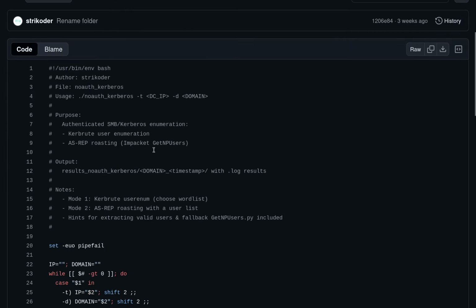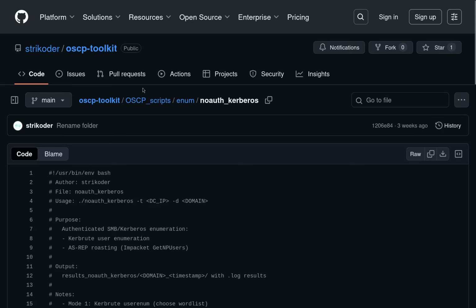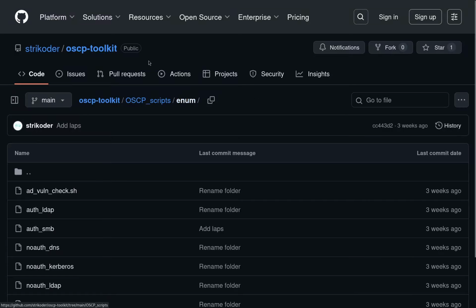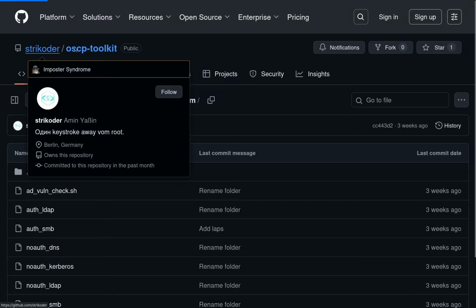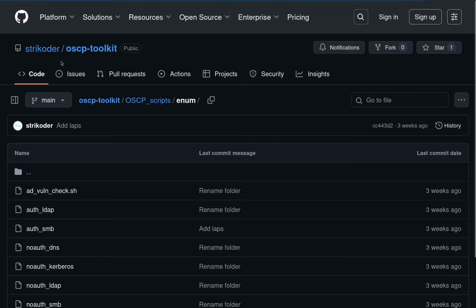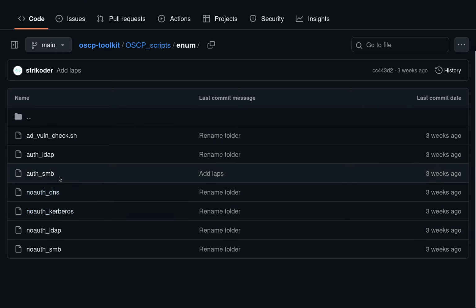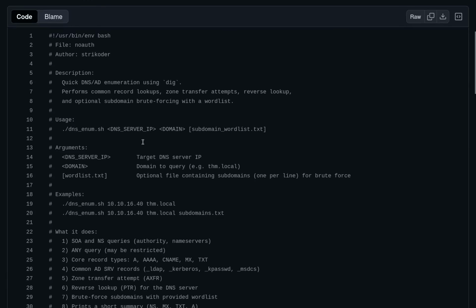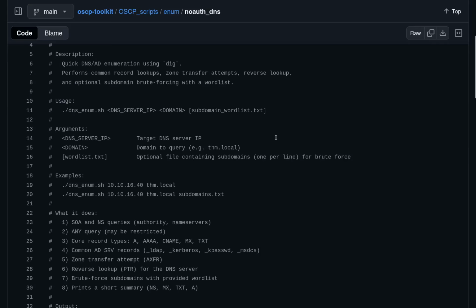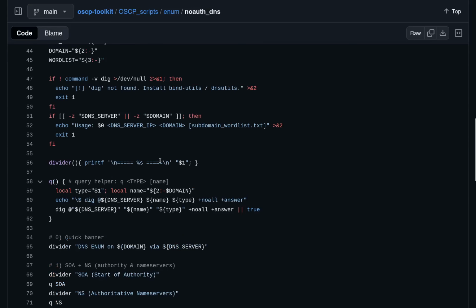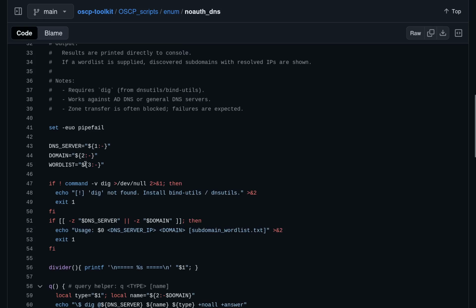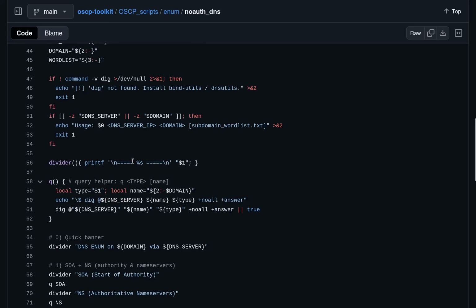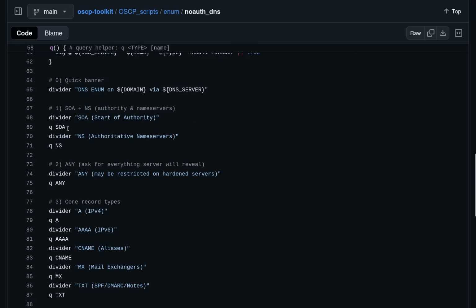So there are several tools to use for DNS. You can check my GitHub. You can go to Strikoder, then OSCP toolkit. Within that, you can check enumeration and go to, I believe, No-Auth DNS. This is a script I made for the BT1 exam and for the PNPT, to enumerate the DNS ASAP. So first we start by